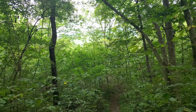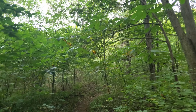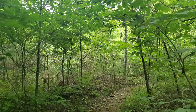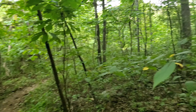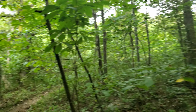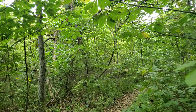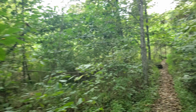Boy, those leaves are so big, and they grow in such tight patches that even without looking for pawpaw trees, if you're just kind of aware of them, you'll notice, man, it gets dark, and all of a sudden, your view is very different, even just at head height. It's very sticky and very dark. So all these trunks are so thin, all these leaves are so big, that you just kind of, I don't know, I don't mean to sound corny, but it's almost like you just kind of sense that you're in a pawpaw area. So if you know what you're looking for with the water, at the time of year, with the type of tree, you